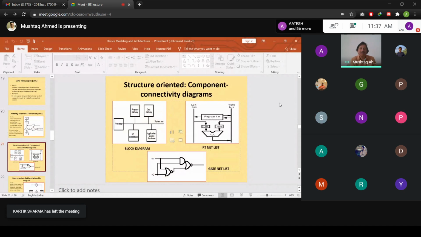Okay, another type is structure-oriented diagrams, where, across a broad spectrum, all this computer architecture or computer organization part that you have gone through. In that case, we use the block diagram of any type of system, and the internal parts: how many buses there are, the number of wires, the control units, and the different types of registers and components, and their data paths, can be represented using a netlist.